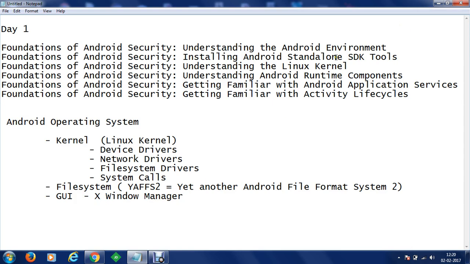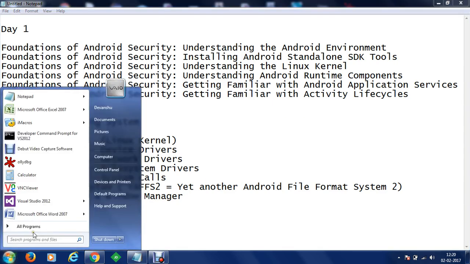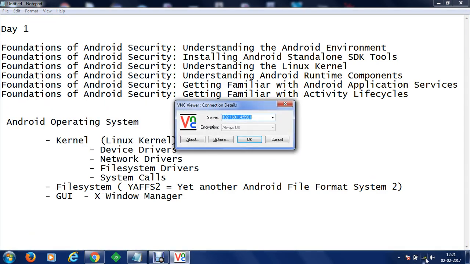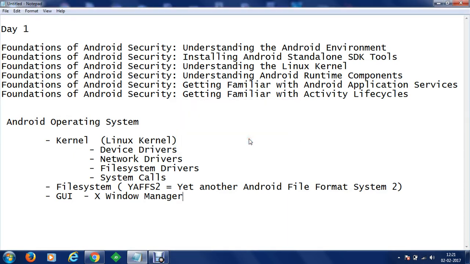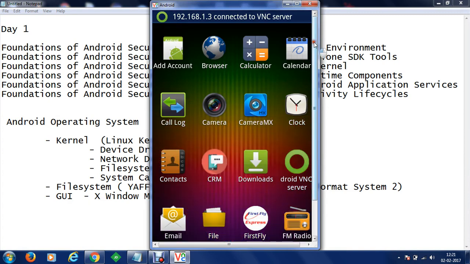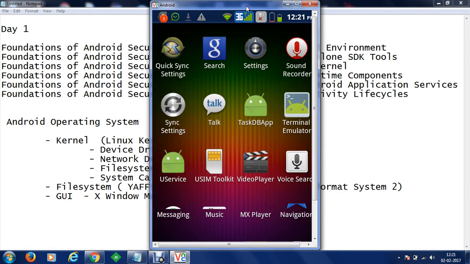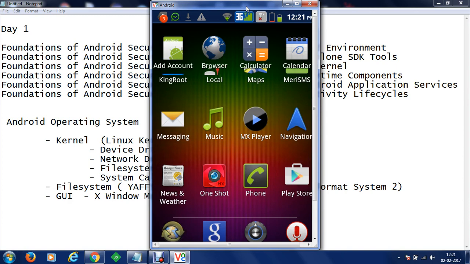Practically we are going to connect to an Android device using our VNC viewer. The Android device is connected on the same network, and the name of the network is Hackweather. I'm going to connect to my mobile phone, and the mobile phone has an IP address 192.168.1.4 and it has port number 5901 listening for a connection. As soon as I connect I get the display screen of my mobile device here. We are going to use an application known as Terminal Emulator, which we can freely download from the internet, and we can use this Terminal Emulator in order to perform our queries.